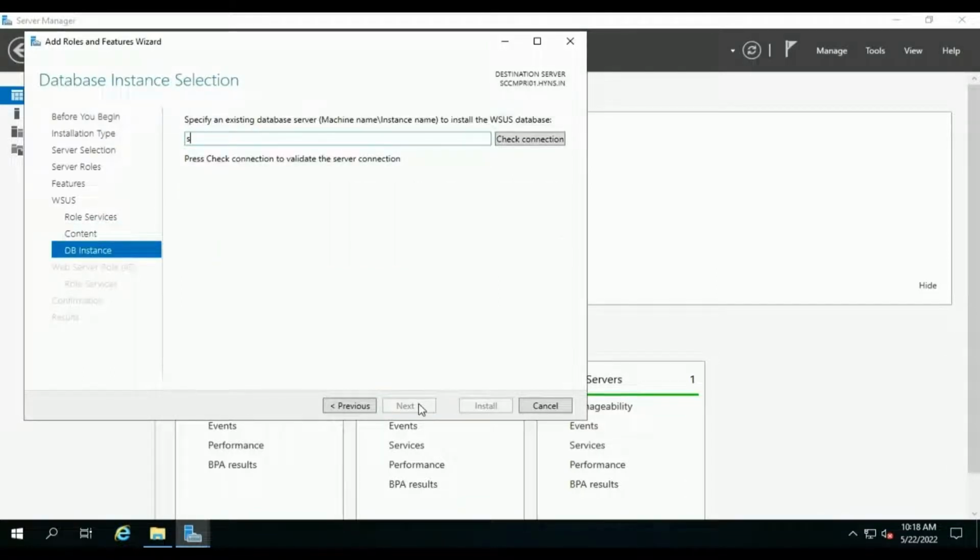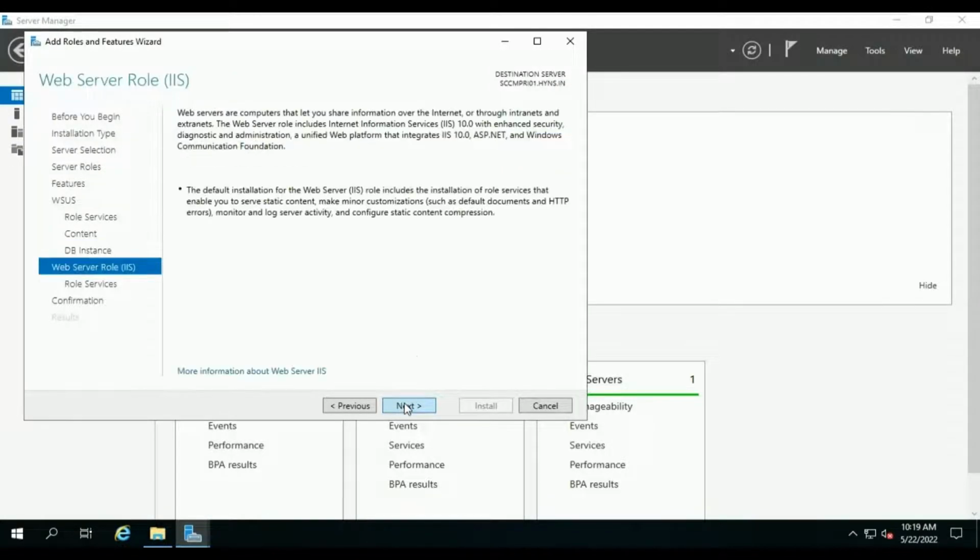Specify the database server's FQDN name here. If you have already customized the database instance name, then specify the instance name as well. Check connection. Successfully connected. Next.